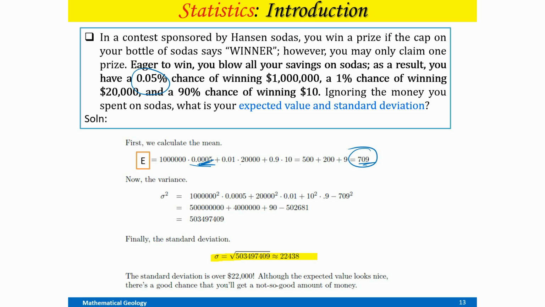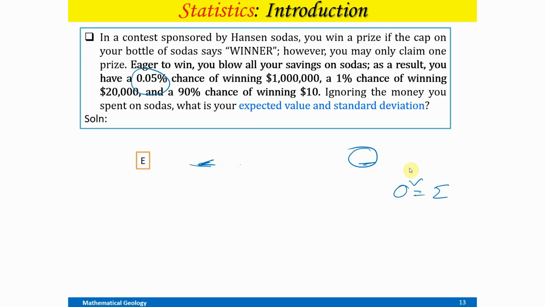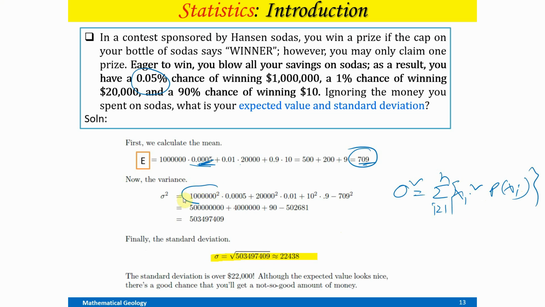What will be the variance? How do you calculate variance? Tell me, from the mean, how would you calculate variance? Summation from 0 to n or 1 to n, whatever. How will you calculate variance? See this formula, sum of xi times p of xi. If I do that, sum for i equals 1 to n of xi square into p of xi. What is the xi square? This is the x square, minus